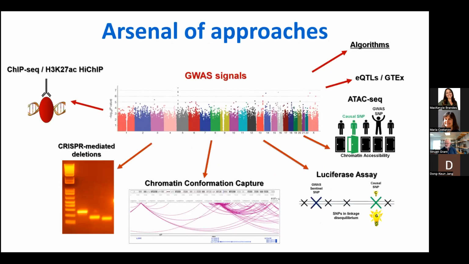So overall, we have in the field an arsenal of approaches. You know, I'm not the only person doing this. There's a bunch of people doing this. I know the Broad is making a big commitment on variant to function analyses, and there is a myriad of ways that you can do this. There's many algorithms now, like the ABC algorithm that's being used by many, there's EQTLs, and there is approaches like we're using, chromatin capture, CRISPR-mediated deletions, CRISPR screens, and then ATAC-seq, and then increasingly single-cell approaches.